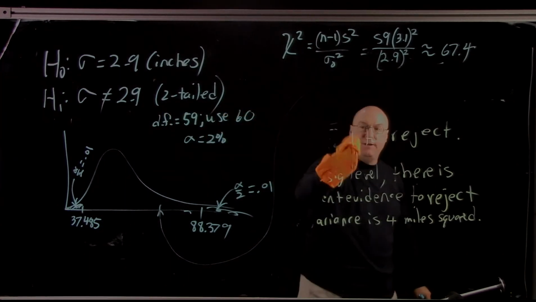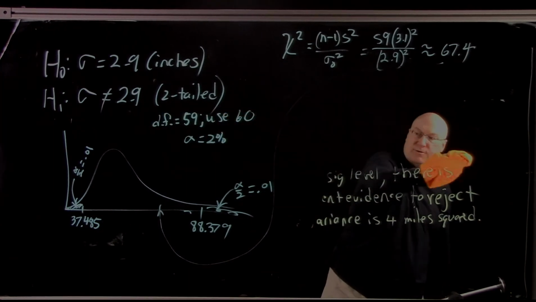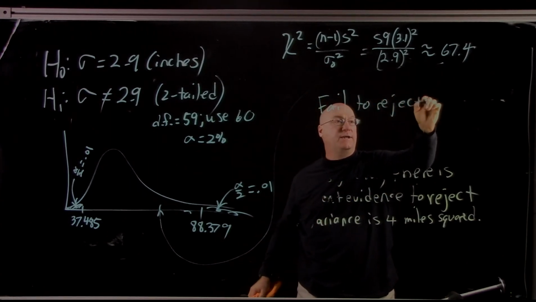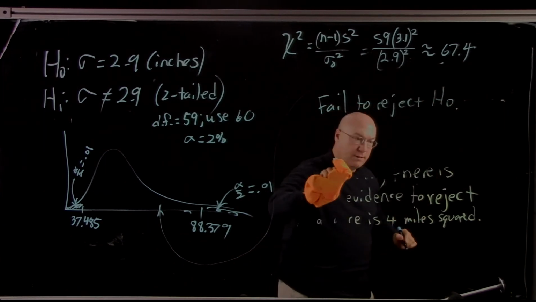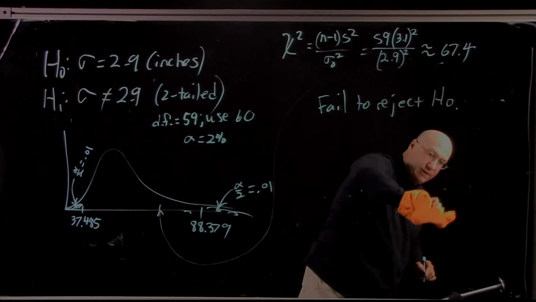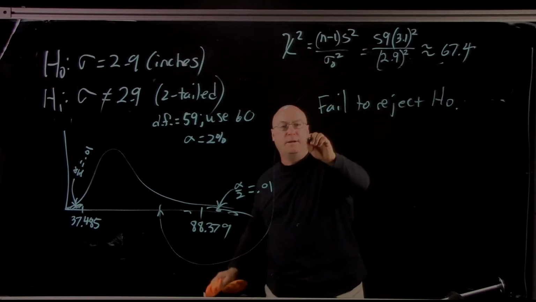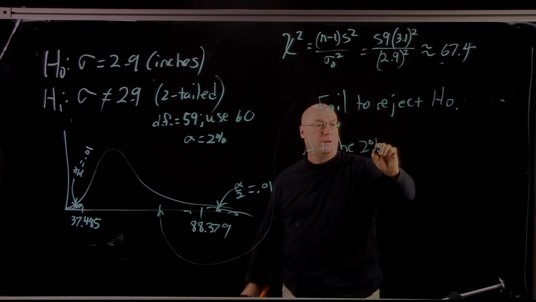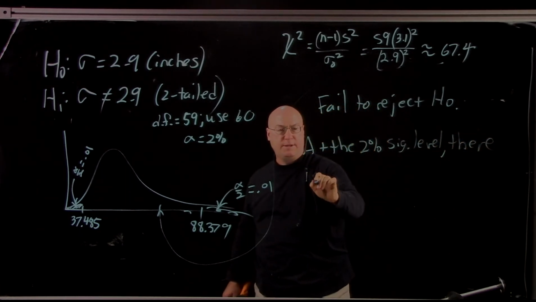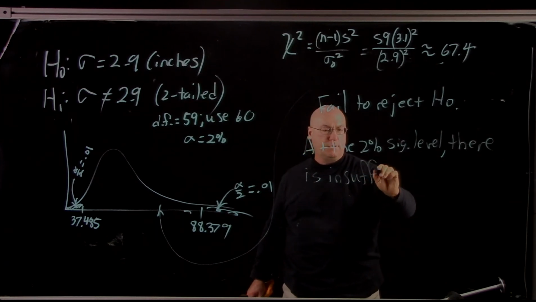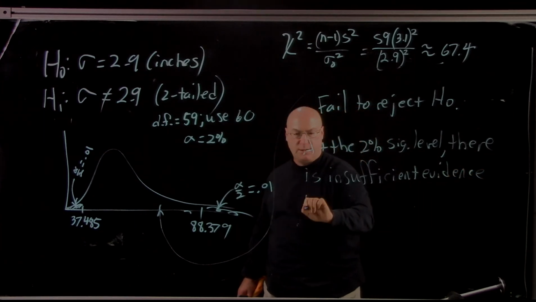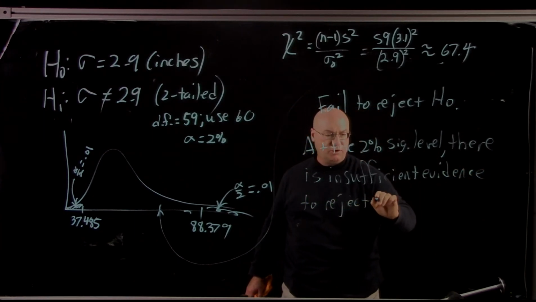So it is in the fail to reject region. So we fail to reject H naught. So at the 2% significance level, there is insufficient evidence to reject the claim